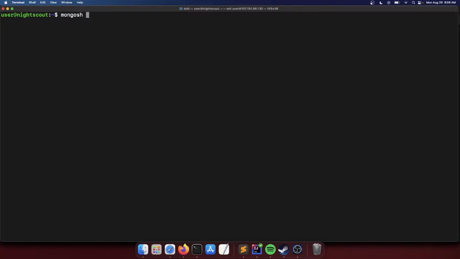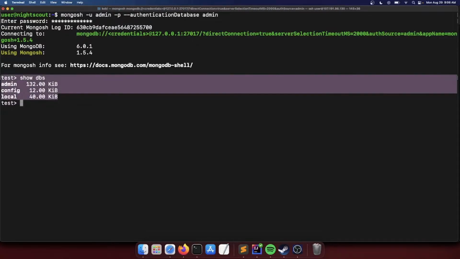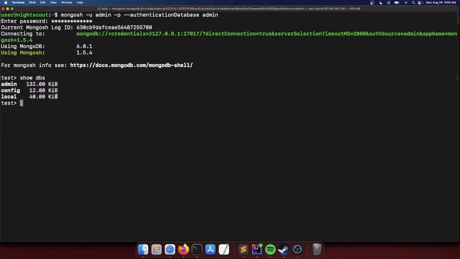So we're gonna go ahead and drop back into the Mongo shell, but this time we're gonna authenticate. So mongosh -u, and we're gonna enter the name of the admin user that you just created. We'll do -p, and then two dashes authenticationDatabase, and it's gonna be admin. It's gonna ask you for your password, enter it. We'll be dropped into the Mongo shell. Let's see, show dbs, and as you can see, we have a working admin user. Let's switch over to a new DB, and this is going to be the one that Nightscout uses. So we'll do use nightscout,